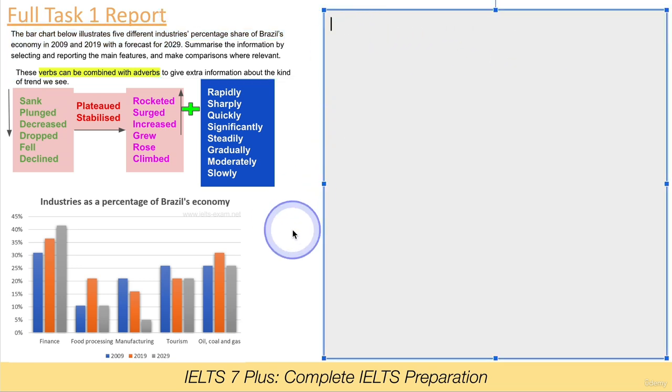Okay, so we don't need to paraphrase every single word because we want to keep the meaning, but we want to paraphrase where we can. So it's hard to paraphrase the bar chart, so we'll keep that in. The bar chart below illustrates, the bar chart displays